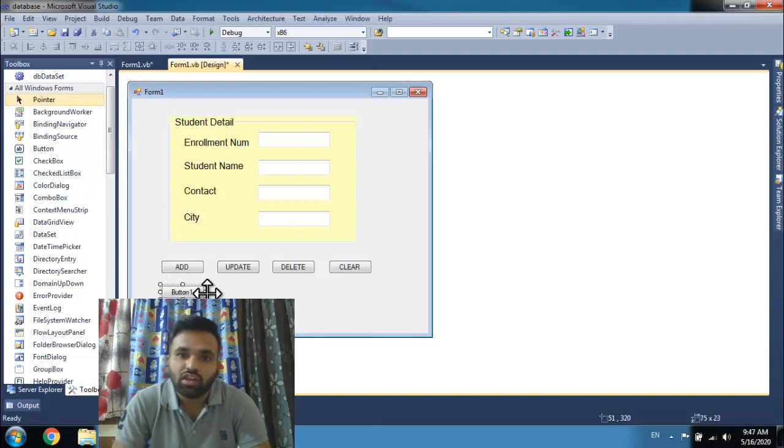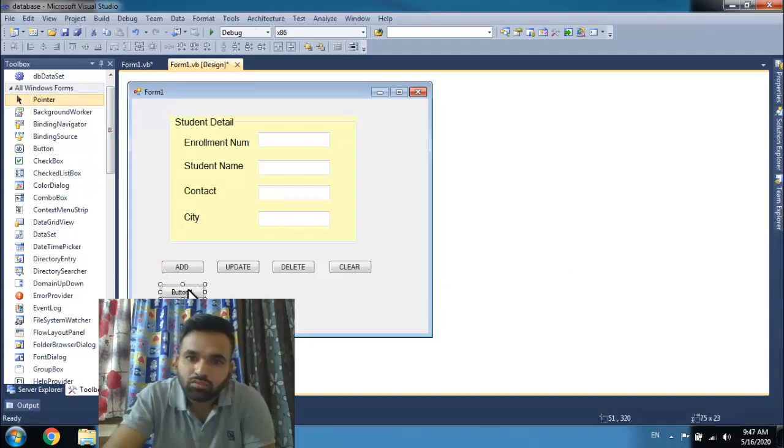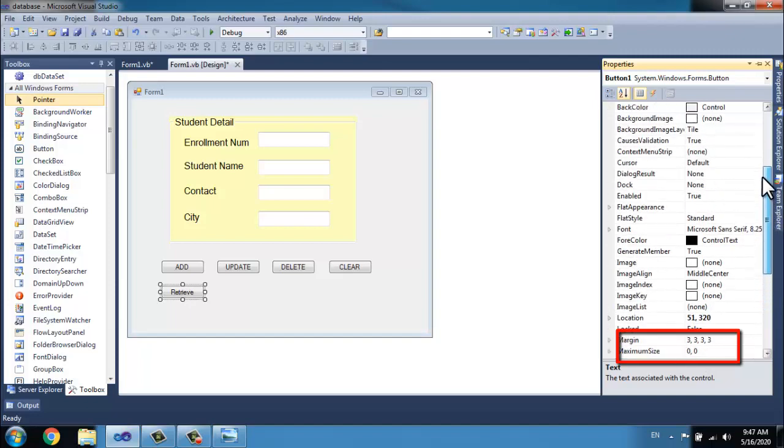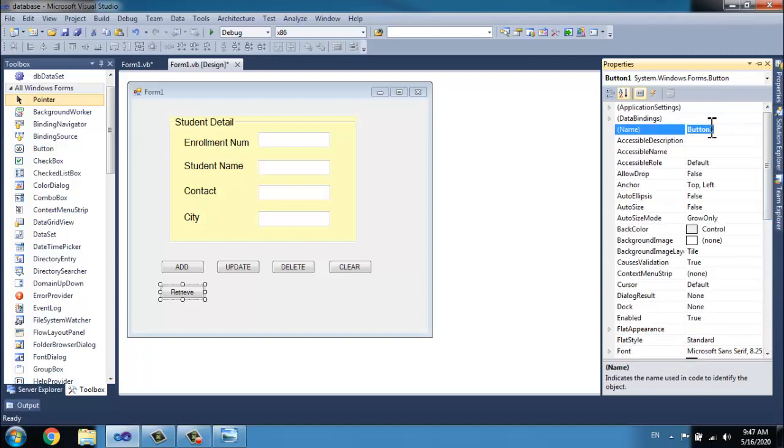For that we take a single button from toolbox, we give its name retrieve, and we change its name to btn underscore retrieve.